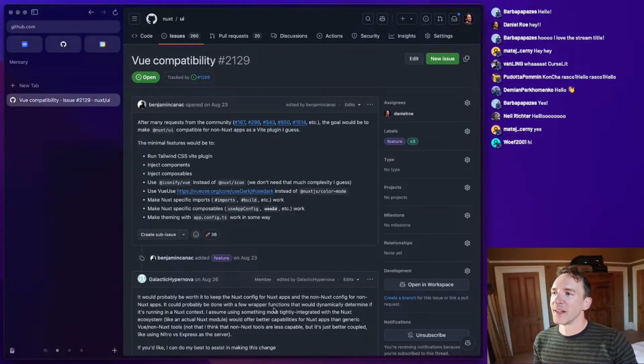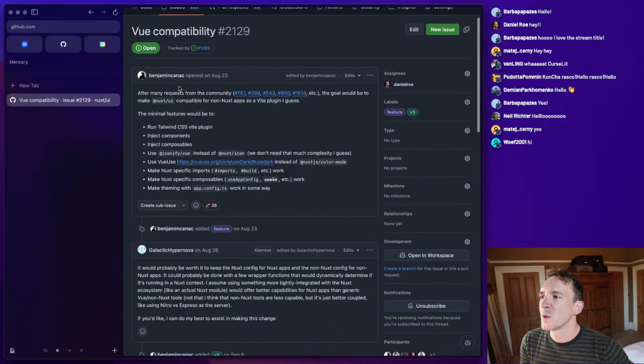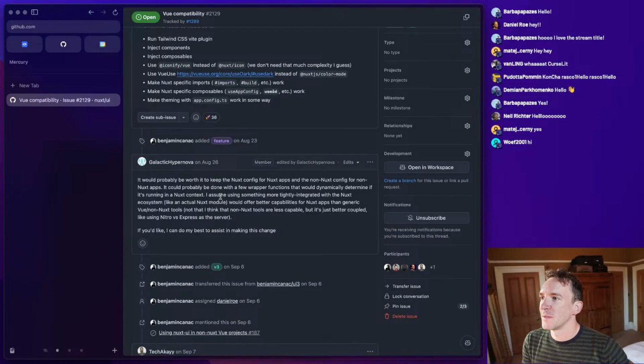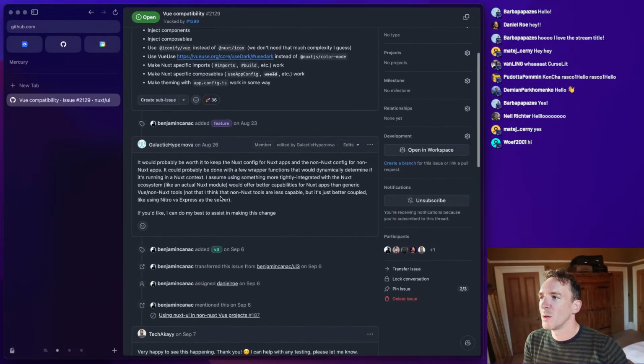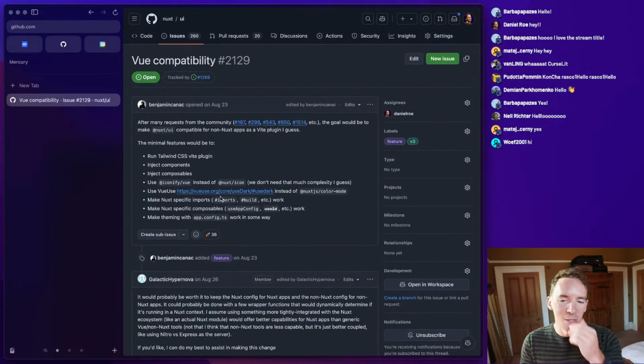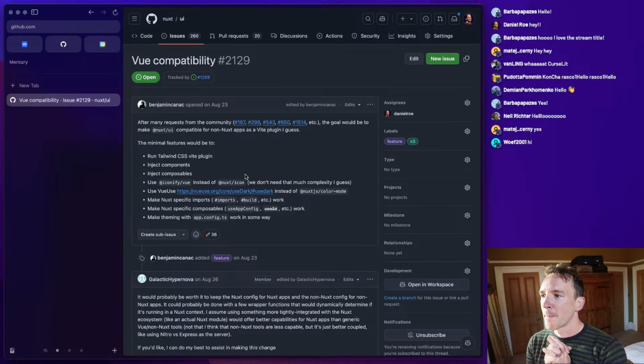So hopefully this is going to work. Okay, Vue compatibility, and I haven't looked at it before now. I've just very confidently said to Benjamin, "Oh, this shouldn't be a problem. It should be straightforward to do. We'll lose some functionality because obviously it's not Nuxt, but it should be possible to do." This is the problem. Okay, so there's more stuff than I realized, but hey, let's see what we can do.